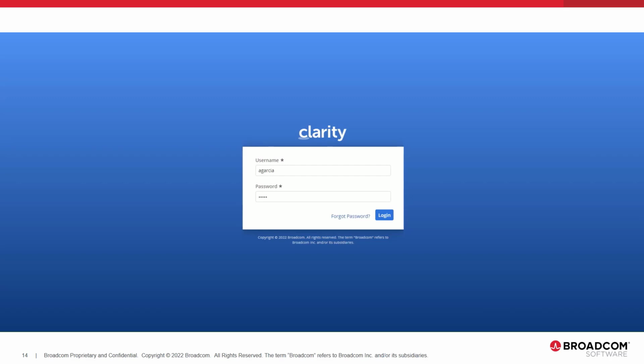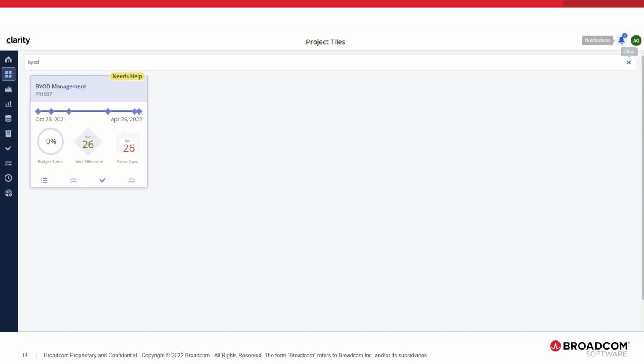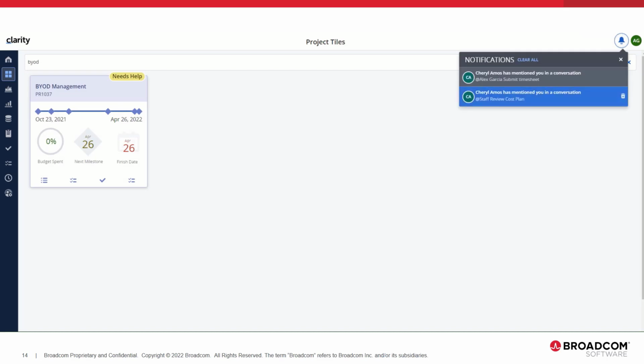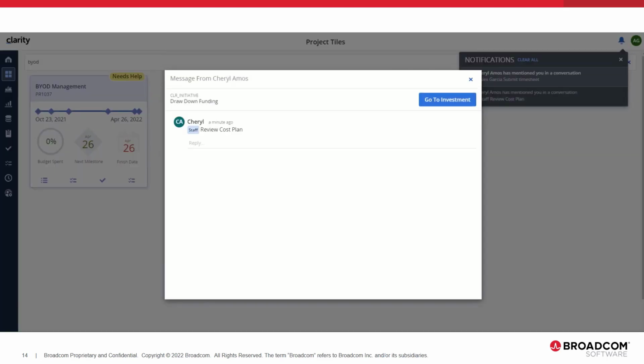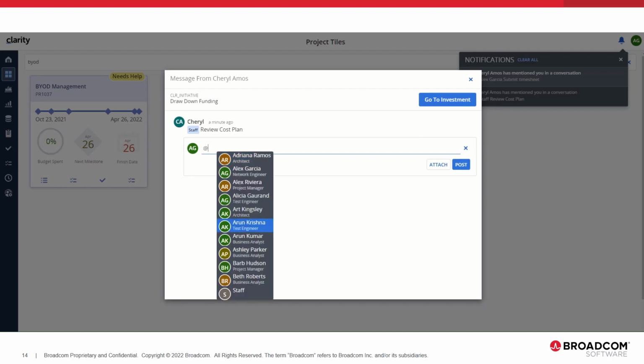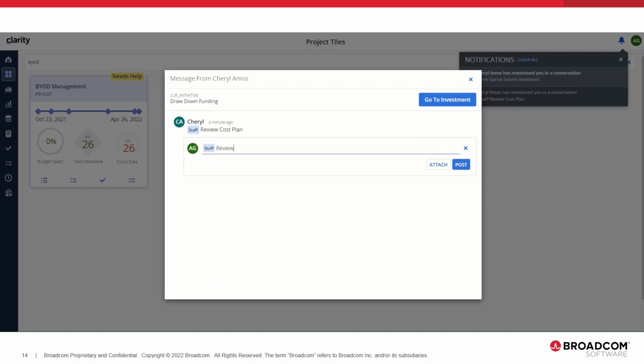I am logging in as Alex. Please note Alex has access rights to navigate to business outcomes custom investment. I log in and I can see two messages in notifications. Alex is responding to this message from notification model. Alex uses @staff to respond to a message from notification model.